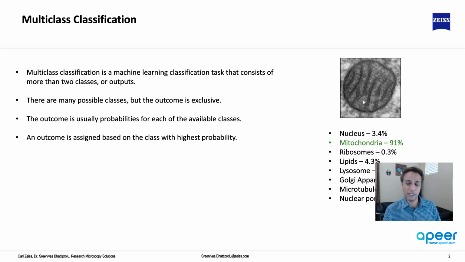So for example, this image can be a nucleus or a mitochondria or ribosomes or one of these others. But the classification tells us that this is 3.4% nucleus, this is 91% mitochondria, and so on. So at the end of everything, we classify this as mitochondria. That's it. All of these other classes are the available classes. Maybe the next example makes this